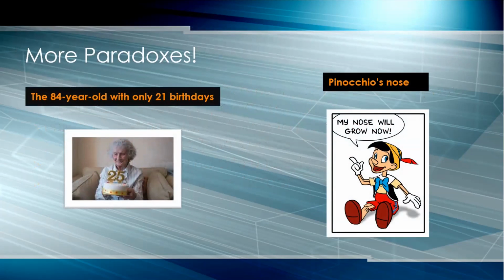So I do have 2 more examples of paradoxes in case the math ones were a little complex. These are more paradoxes based on literature or based on wordplay. And so one of my favorite paradoxes, second to Zeno's, is the 84-year-old who's only had 21 birthdays. Can you think of a reason why someone who has lived 84 years would only have had and celebrated 21 birthdays? It seems impossible, right? Well,